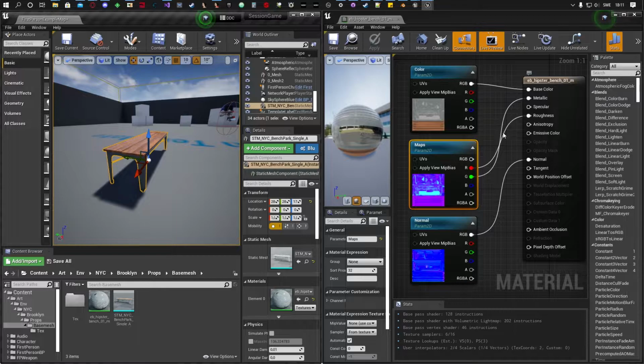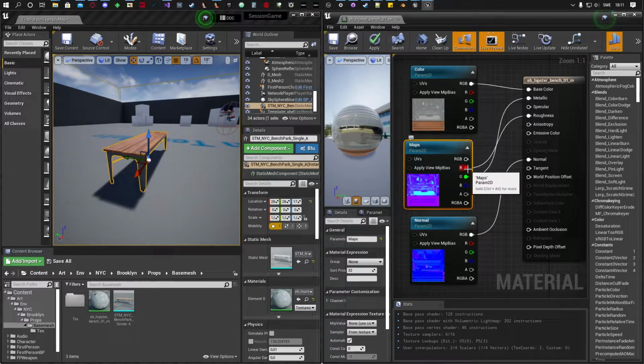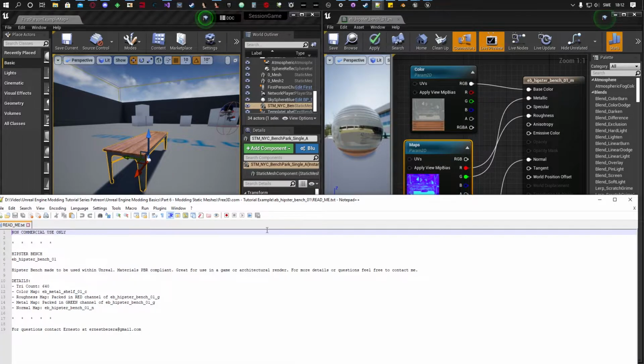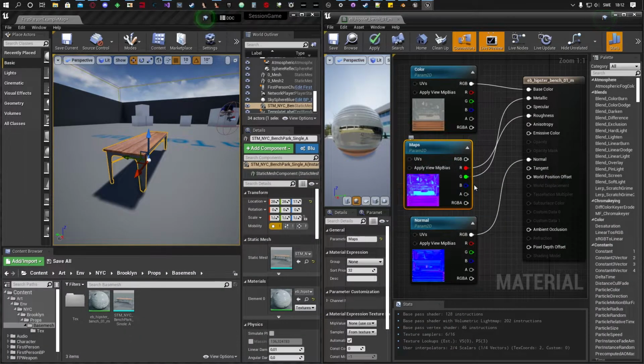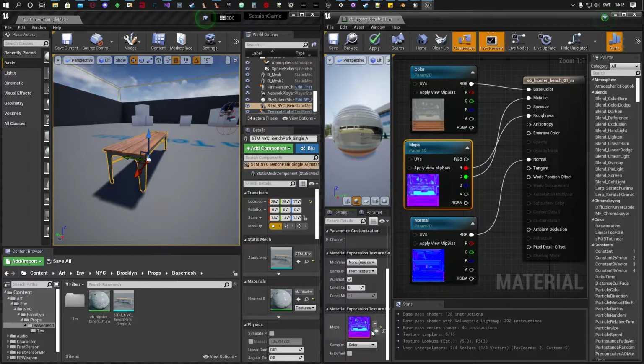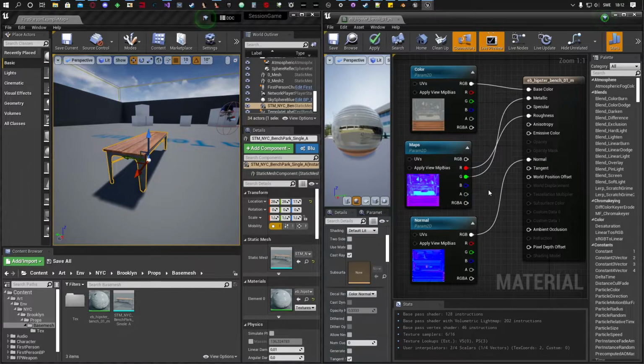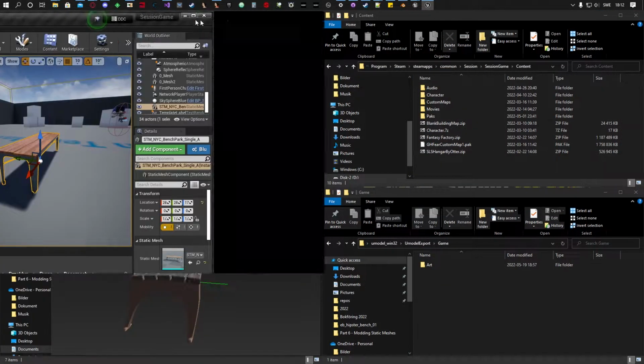So I think that's correct. Red roughness, green metallic, red green. Yep. So that's it. I'm pretty sure. Just gotta make sure this is the right one. Yep. Yeah. So now that we have